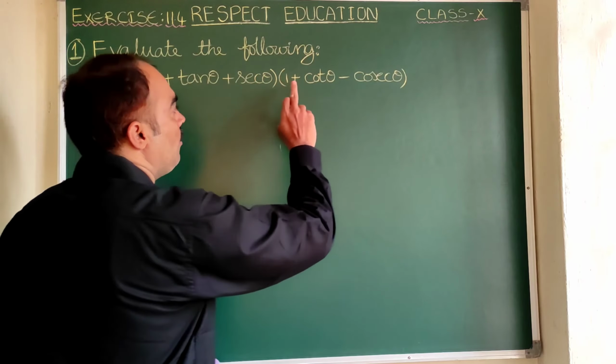Into, let us write this one as it is. If tan theta is equal to sin theta by cos theta, then can you tell me what is cot theta? Cos theta by sin theta. Similarly, what is 1 by cosecant theta? 1 by sin theta. Clear? So here we have used the formulas in place of tan theta, sin theta by cos theta, and similarly for the remaining.